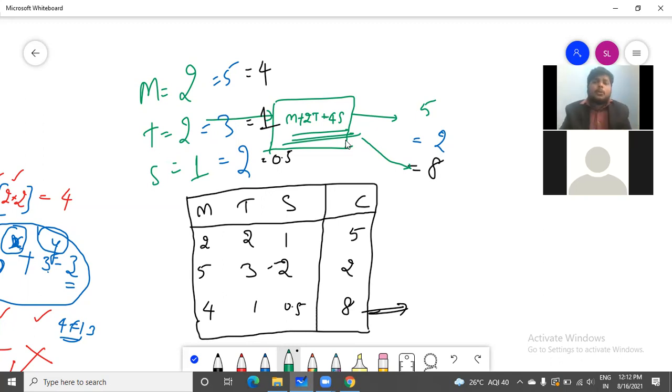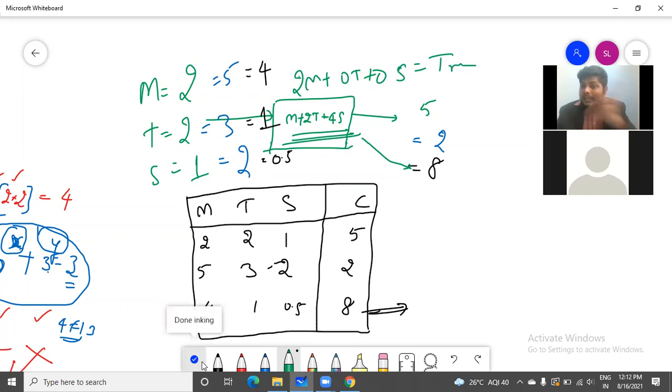I might not be able to produce the right equation, because as there are 3 parameters, there could be multiple other relationships also possible. For example, M plus 2T plus 4S is also true, or you can even create something like 2M plus 0T plus 0S is also true. Can you see? Because 0 times 1 is again 0, 0 times 0.3 is again 0, 2 times M, which is 8, is again true. So I get multiple such kinds of relationships. So I cannot say that this is the true relationship.